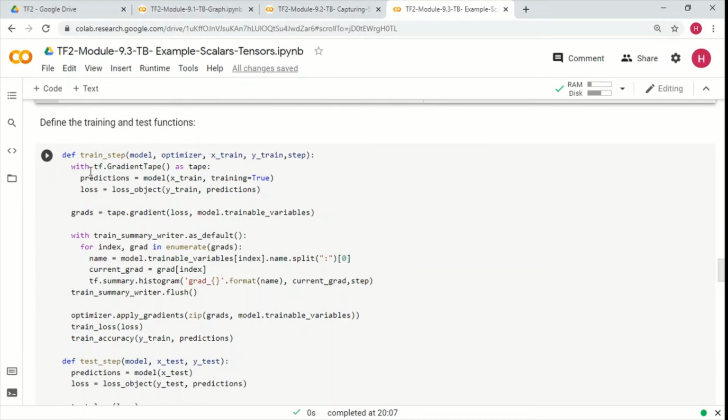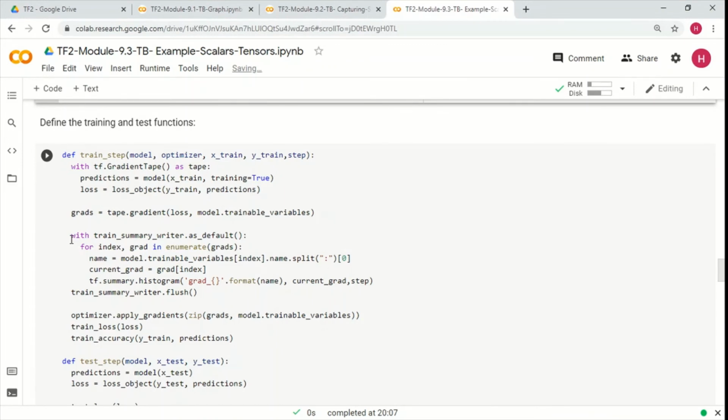And under the context of this tf.GradientTape, we capture the gradients. Before we apply the gradients and calculate a loss and accuracy, we capture the gradients also.